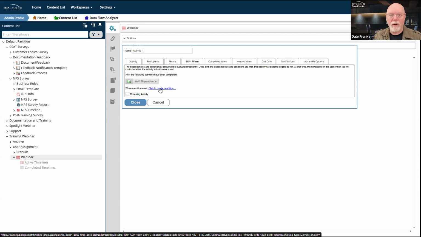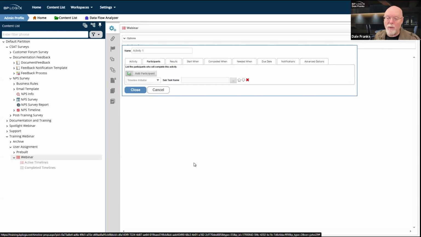Then, if I do, the activity has to run. Now, let's check start when. Is it eligible to run? Okay, all the dependencies have been satisfied and this condition is valid. So yes, it is eligible to run. So I guess we're going to kick it off. Then the activity actually gets kicked off.